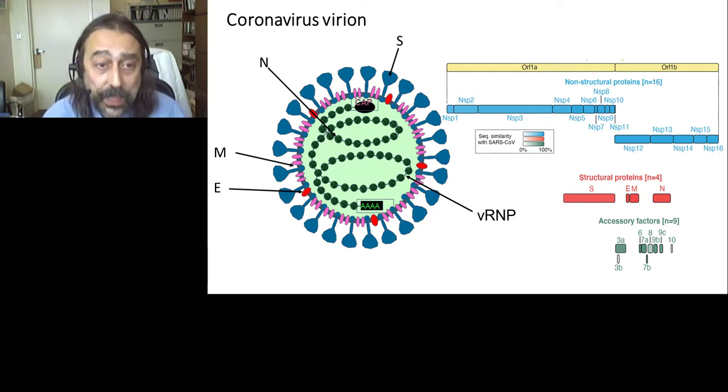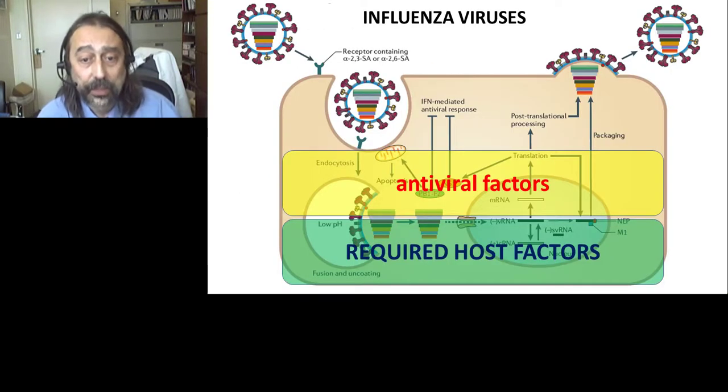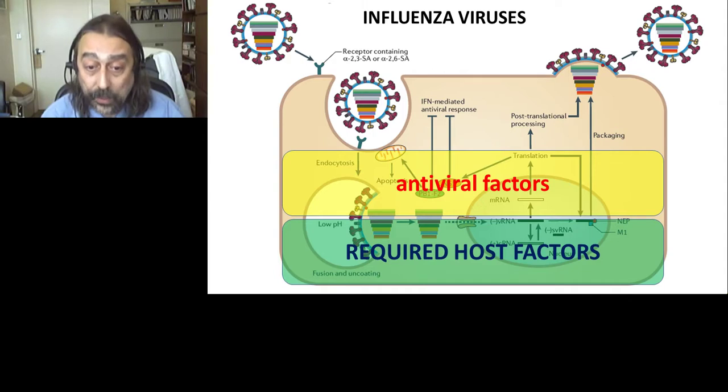Now, getting back to influenza, this slide is just to illustrate that the virus has to enter inside a cell in order to replicate, make viral proteins, and make new virions. Now, during this process, the virus has a very small amount of genetic material, only 8 genes in the case of influenza, but the virus is going to need to use host factors that are required for the replication and trafficking of the viral proteins and assembly of the new virions. And in addition, it's going to encounter antiviral factors that are produced by the cell, which somehow sense that it's been infected, and it's going to try to